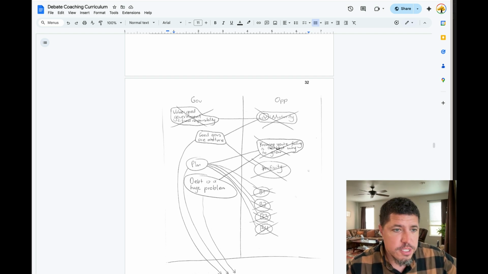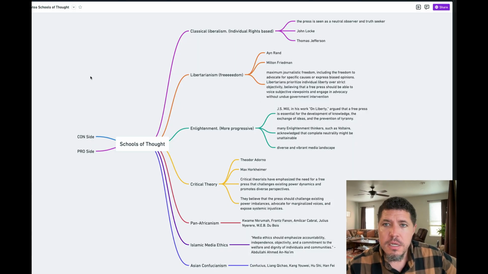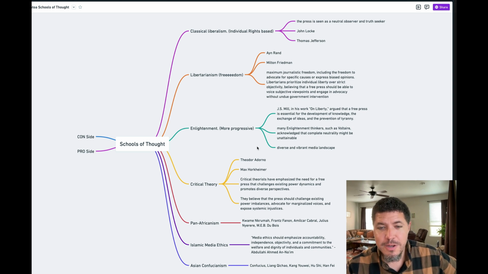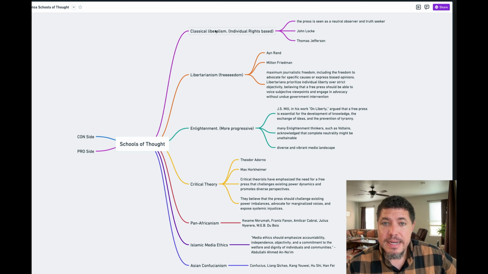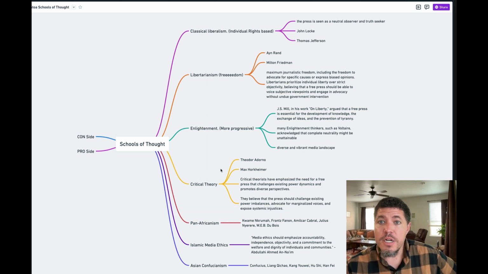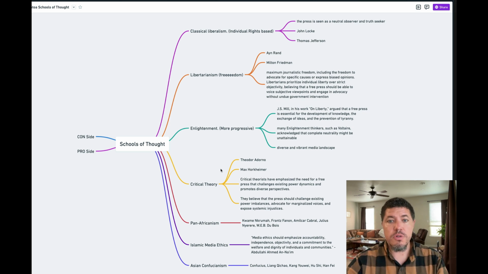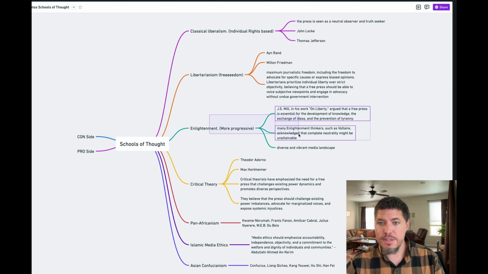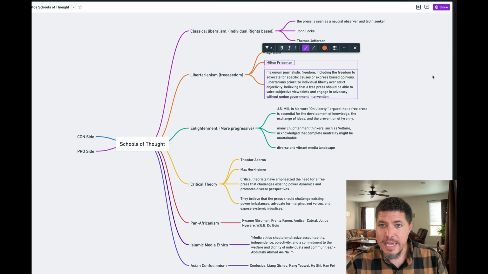And then one other signature thing that we'll do that I thought you'd find interesting is building your strategy for the year. So I did this with a group about 2 years ago where we used AI and then tools like this. So this is called Whimsical, and it's a free mind mapping and diagramming tool that you can use that I'll actually require you to use if you come to this camp. And we started with nothing and ended up building a mind map like this for the topic a couple years ago, which showed us what are the root schools of thought, and then helped us choose how to align with a school of thought. Like, I want to go with the Enlightenment theorists or the libertarians,